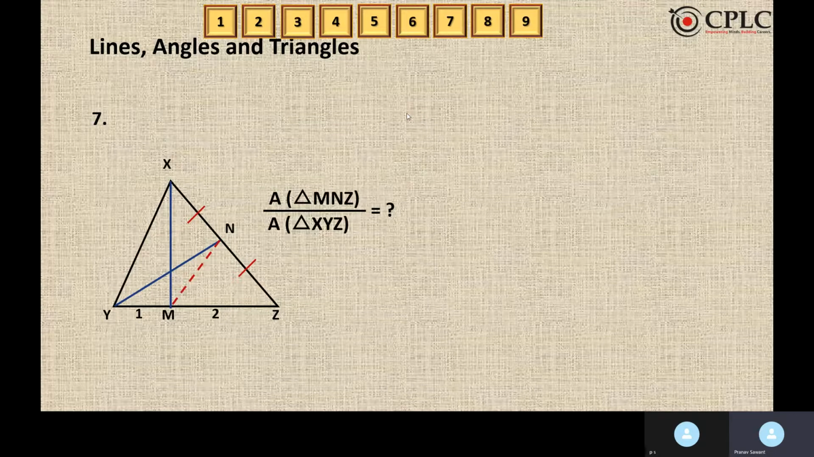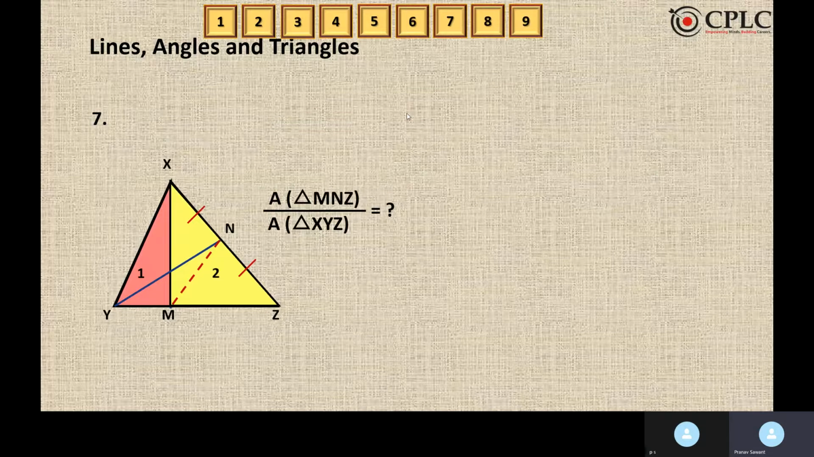So for MNZ, we'll draw a line. And if we draw a line from that, it looks like MN becomes a median of triangle MXZ. I repeat, MN becomes a median of triangle MXZ. Now, we know that